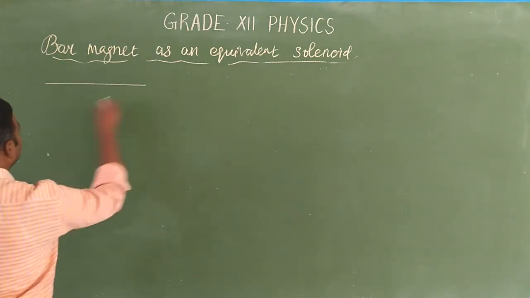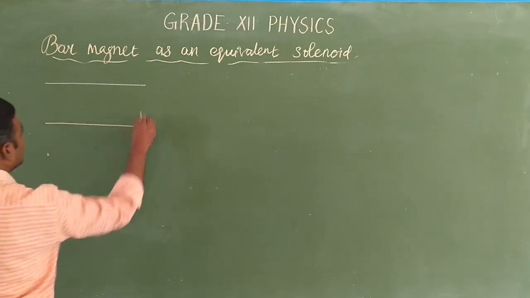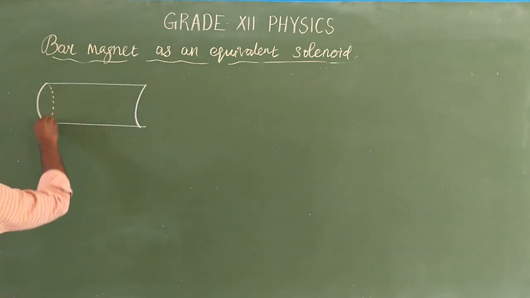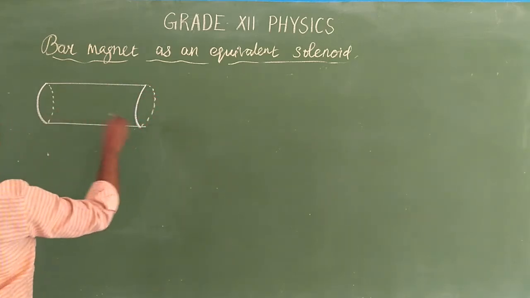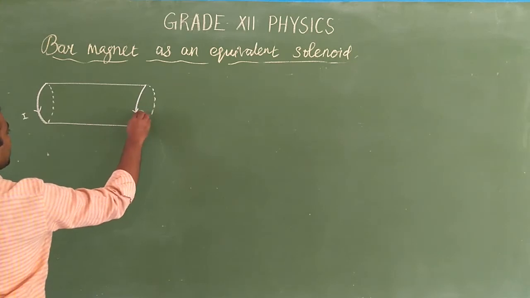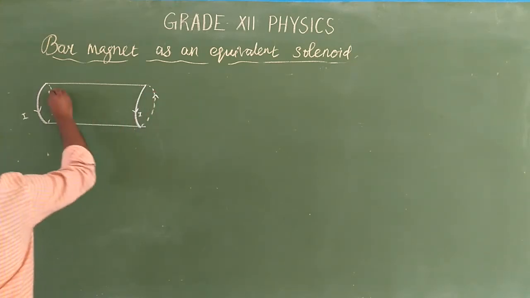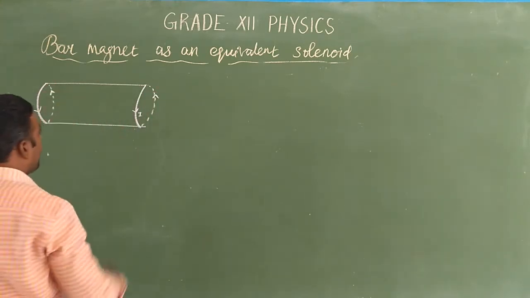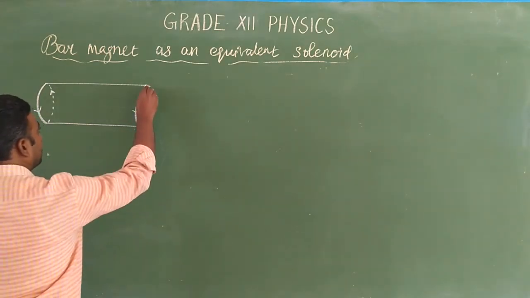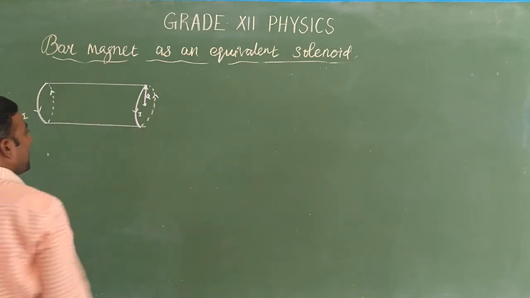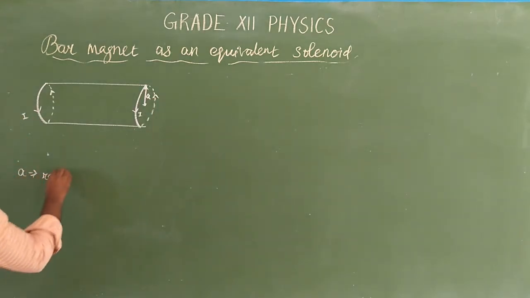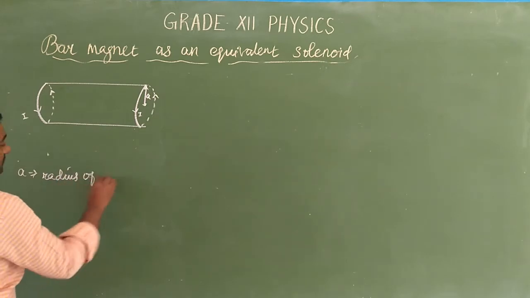Okay, there is a long cylindrical wire, a solenoid or coil of N turns which carries the current I. So I is the strength of the current entering through the solenoid. Okay, and the radius of each turn is denoted by the letter A. So what is A? A is the radius of the solenoid.